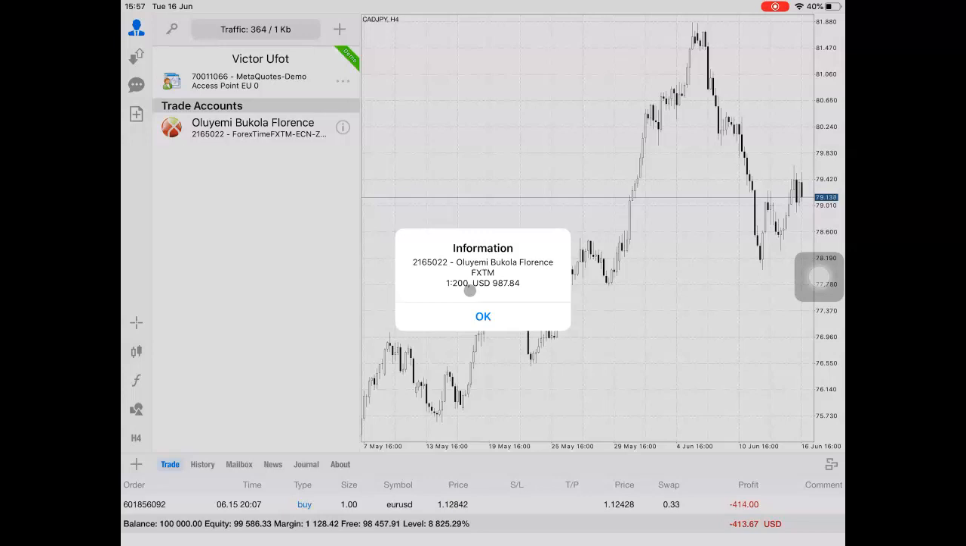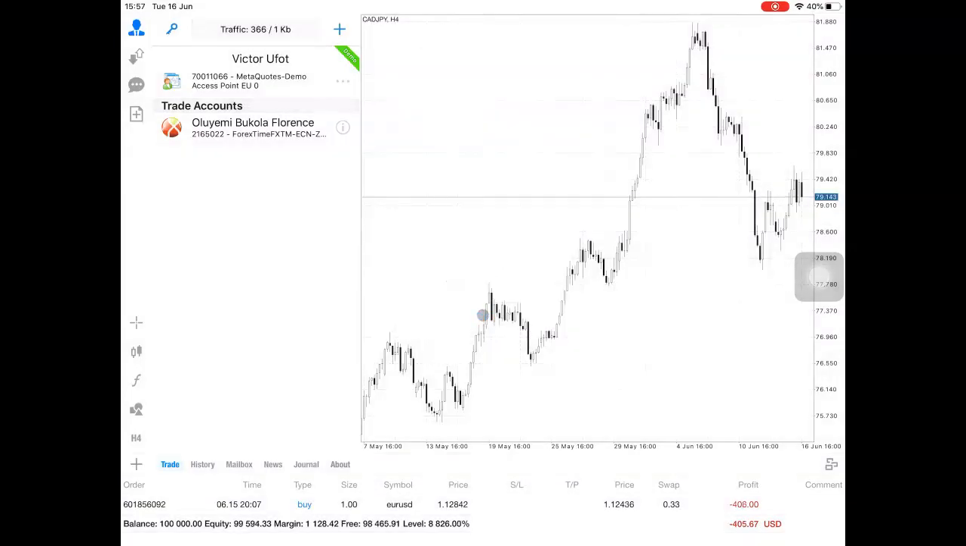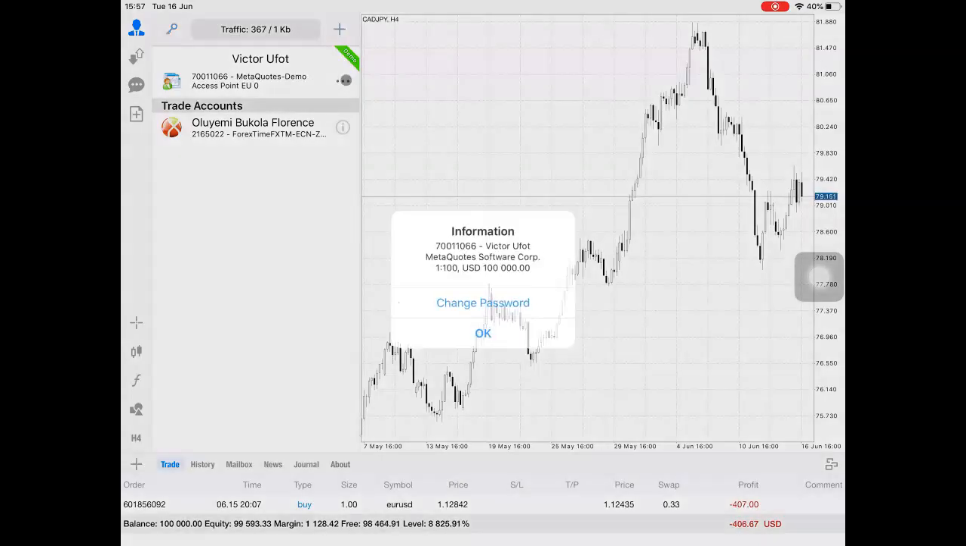This is a demo account. I was scared. I was scared that I had placed that trade on my live account. So I'm looking at the wrong account. This is a live account. So let's check this. This is the demo account. So I'll click the three dots by the side. Okay, so you can see now,